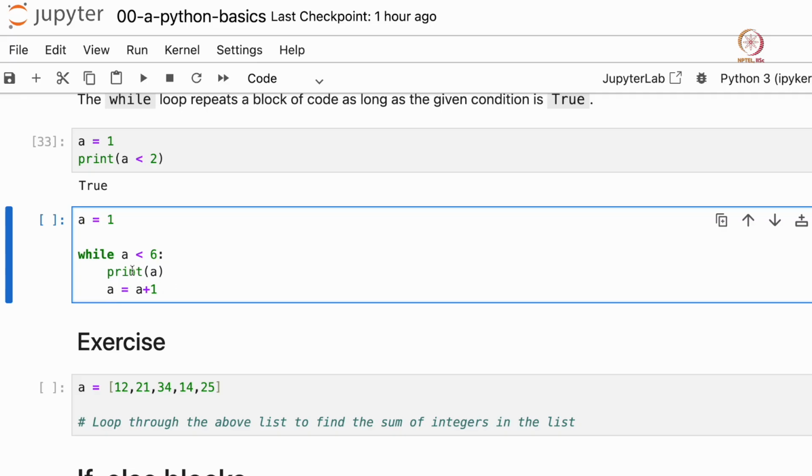So what this does is it prints the value of a as 1, and then it updates the value as 1 plus 1, that is 2, and then it goes back to the top and checks if 2 is less than 6. It is true, then it again gets in the loop, prints 2, and again increments the value of a, and it goes on till this condition becomes false. So this becomes false when a is equal to 6. So it should basically print 1 to 5.